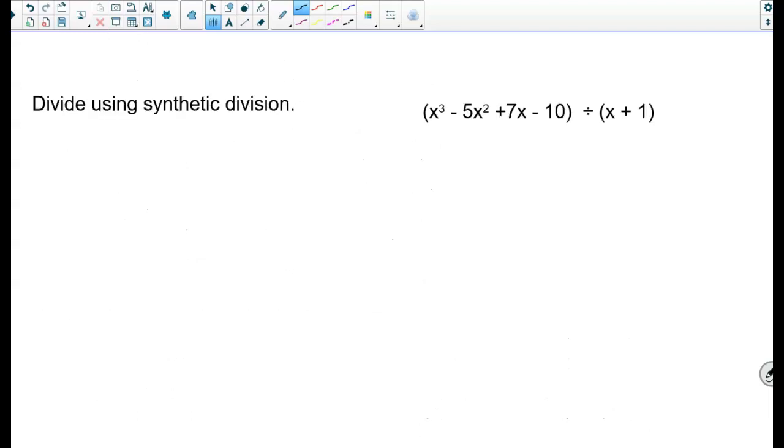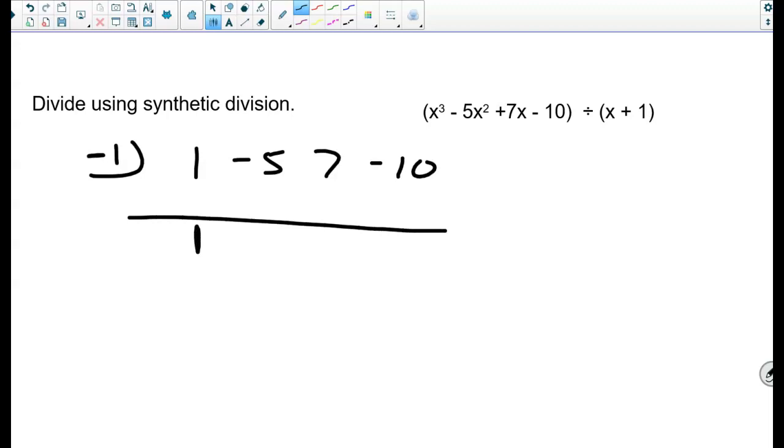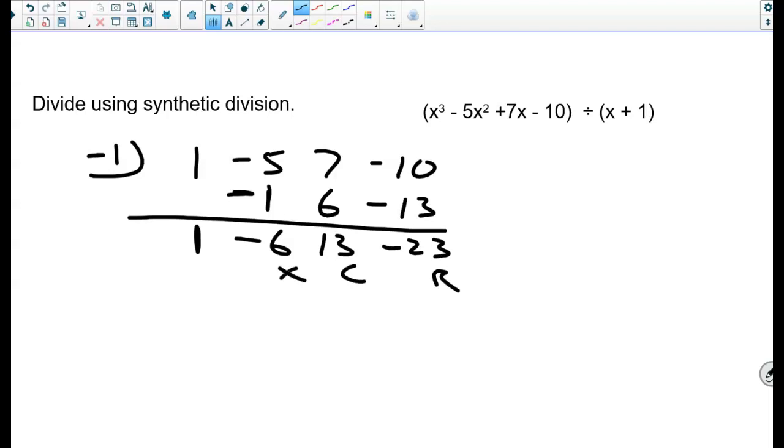Synthetic division. Negative 1 is 1, negative 5, 7, and negative 10. Drop the first term. We multiply and we add. We multiply and we add. We multiply and we add. Remainder constant, x squared. So my answer is x squared minus 6x plus 13 minus 23 over x plus